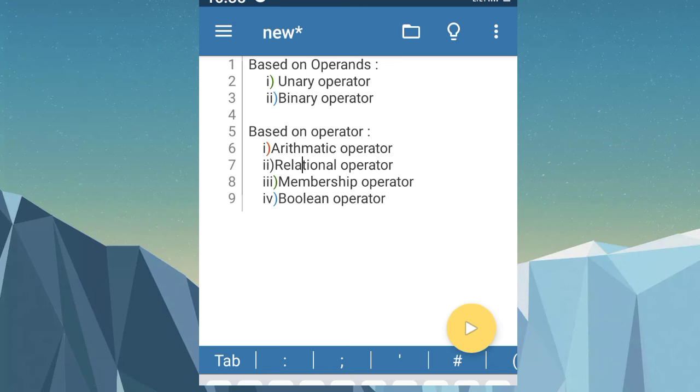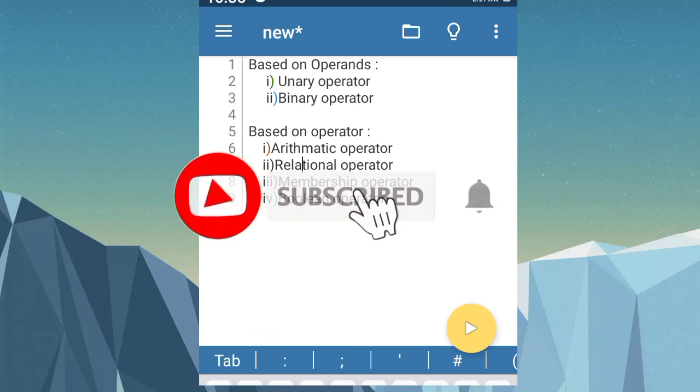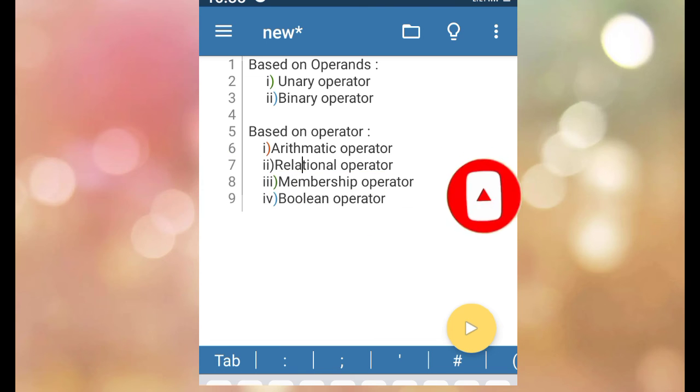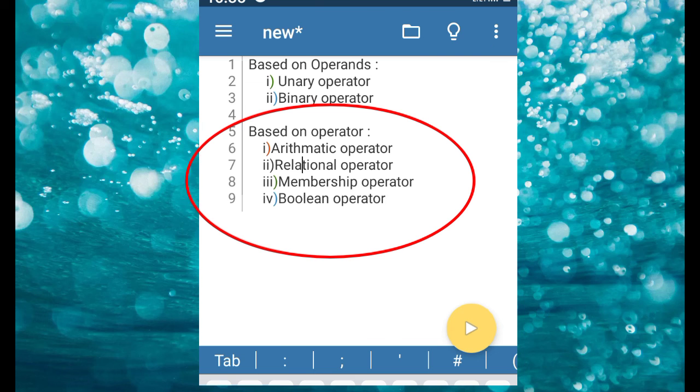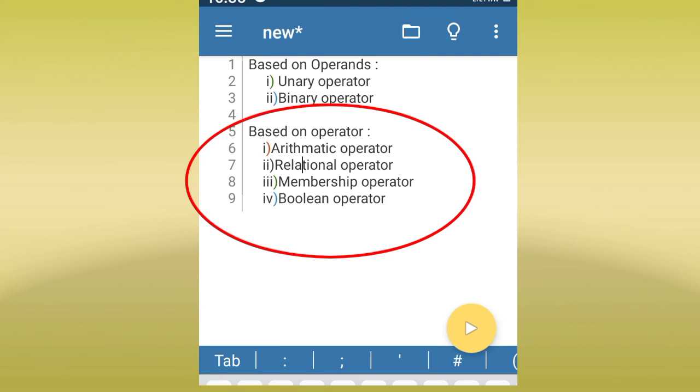In the case of a binary operator, it has two operands. For example, here we write 2 plus 4. Here plus is the binary operator because it contains two operands. Next, based on operator there are four types. The first is the arithmetic operator, second is the relational operator, third is the membership operator, and fourth is the boolean